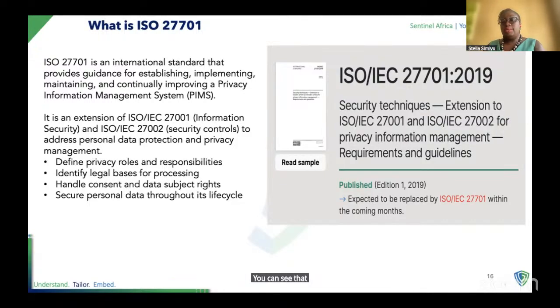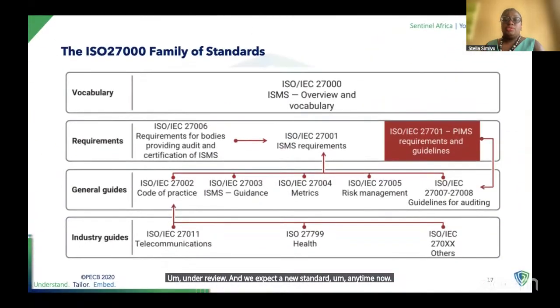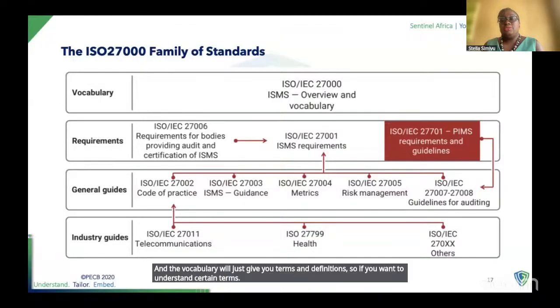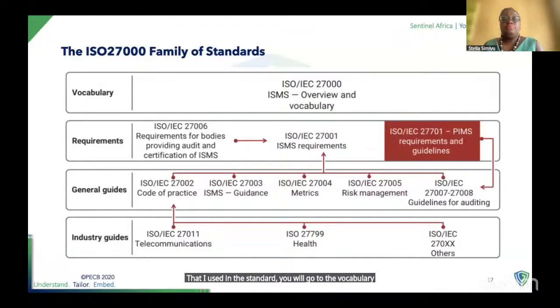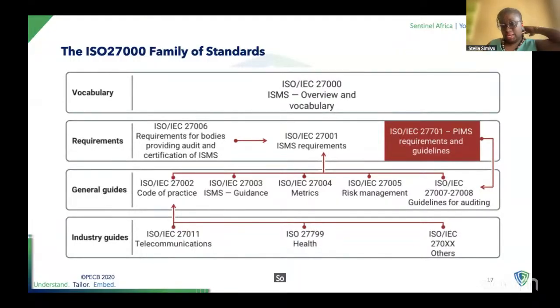You can see that right now we are in edition 2019. However, it is under review, and we expect a new standard anytime now. So when standards are written, they are written in what we call families. So you will see that ISO 27000 starts off with what you call the vocabulary, and the vocabulary will just give you terms and definitions. So if you want to understand certain terms that are used in the standard, you will go to the vocabulary. Then there will be what is called requirements. So requirements state what it is that the organization must put in place to be compliant with the standard. So the requirements are ISO 27001, which give you the ISMS requirements, and then ISO 27701, which gives you the